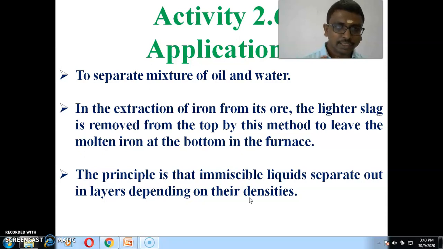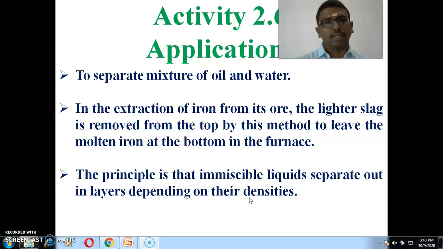The liquid with higher density settles at the bottom, and the liquid with lower density settles at the top. So with that, we can easily separate